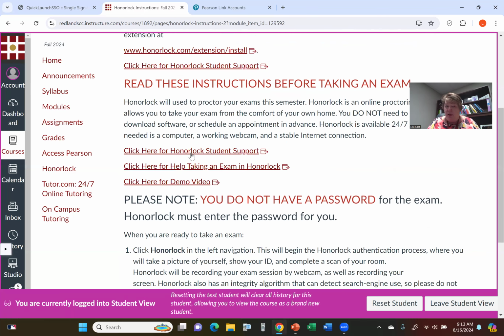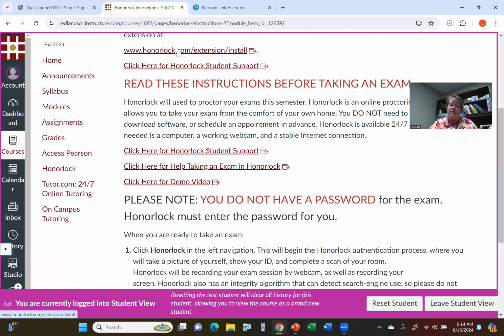You do need an extension on your Chrome browser for HonorLock. You can download that now and get that installed on your browser. Or when you take the practice, it will prompt you to install the extension. So, six of one, half a dozen of the other, whatever works best for you. But you do need an extension on your Chrome browser.